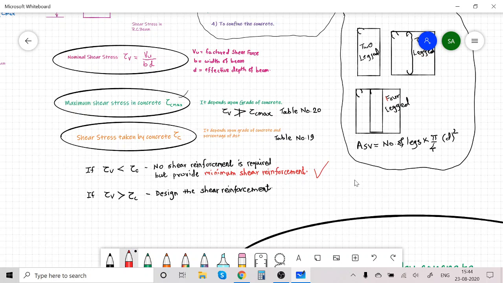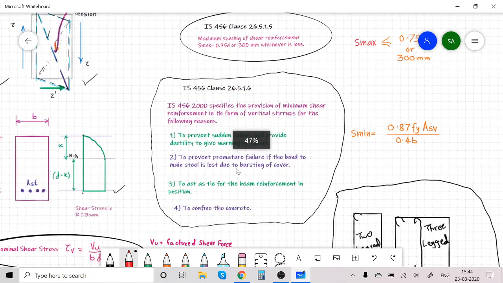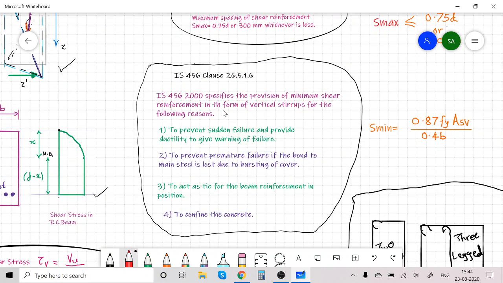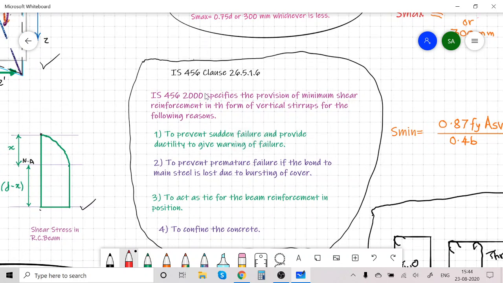We will see afterwards. If tau V is greater than tau C, you will have to design the shear reinforcement in the form of vertical or inclined stirrups and bent up bar. Bent up bars are optional, but vertical stirrups are compulsory. Now, what is this minimum shear reinforcement? That I will explain. It is given in IS 456 clause